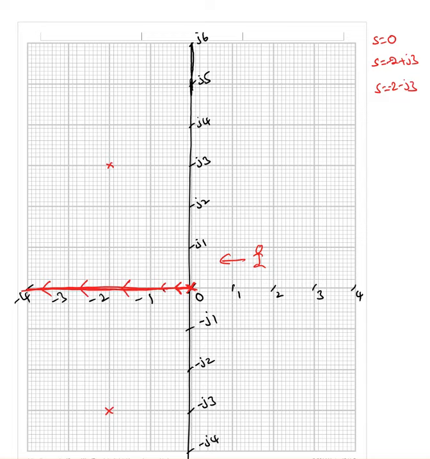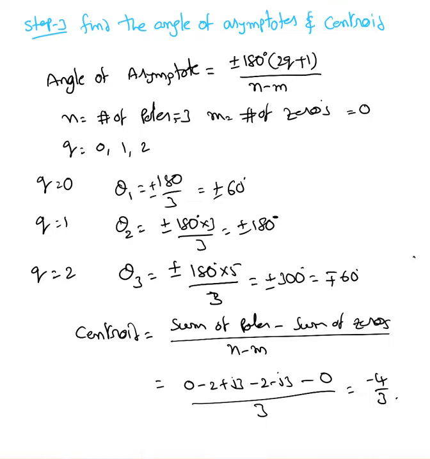So once we go over the other steps, we will find where the Loci is going to start. Next step, find the angle of asymptotes and centroid. If you have a graph, the Loci shows how the system is going to behave by changing the k value. Now, this asymptote is nothing but,